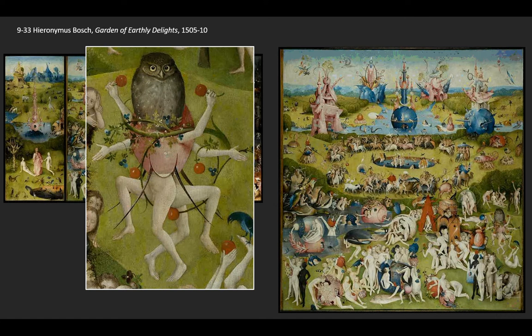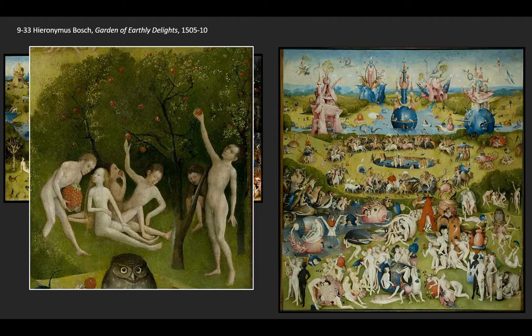There's fruit everywhere. Directly behind that owl, here on the composition, we see figures picking fruit, and this seems to relate directly back to the Garden of Eden on the left, which is the scene we don't see, but is coming next, where Adam and Eve will pick the fruit of the tree of knowledge. In this particular case, these figures who remind us of Adam and Eve are being offered a better kind of fruit by the figure at the left, as if to say that fruit was all well and good to get you where you are, but there's many more fruits yet to be had.